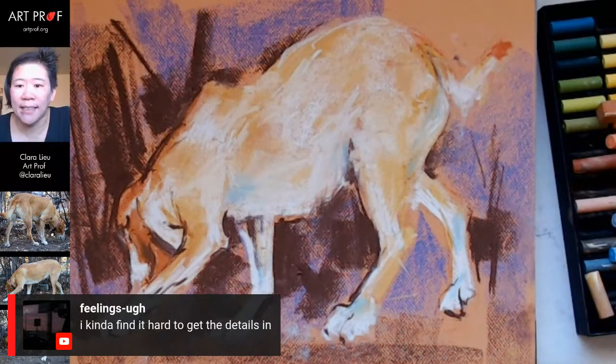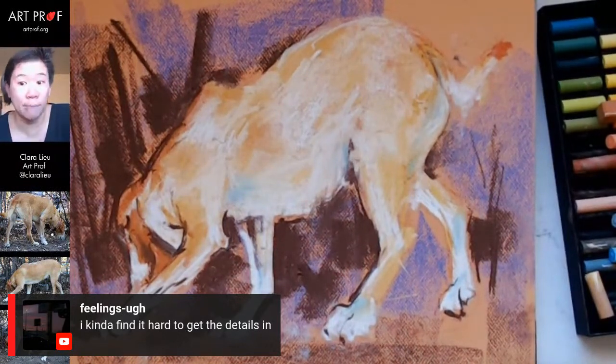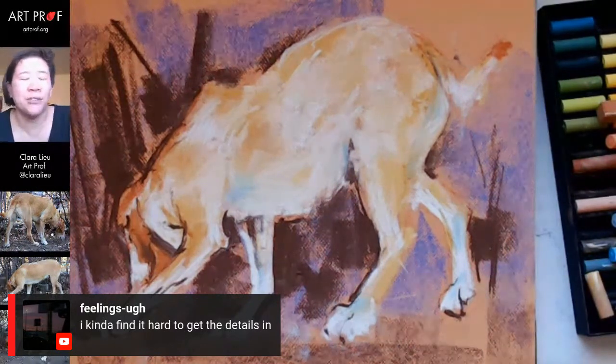Feelings says, I kind of find it hard to get the details in. You know what you can do? You can work bigger because then you have more space. But really, this is not the media. If you want to do details, it's just not conducive to soft pastels. So if you really are a detail-oriented person, either you got to work way bigger or use something like colored